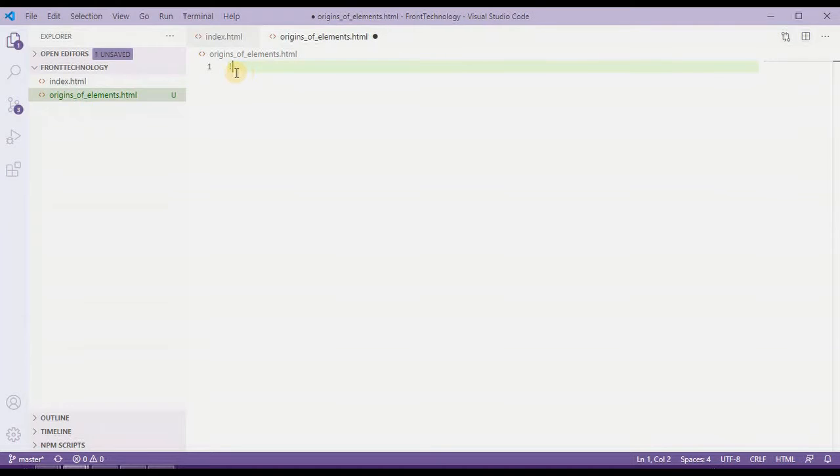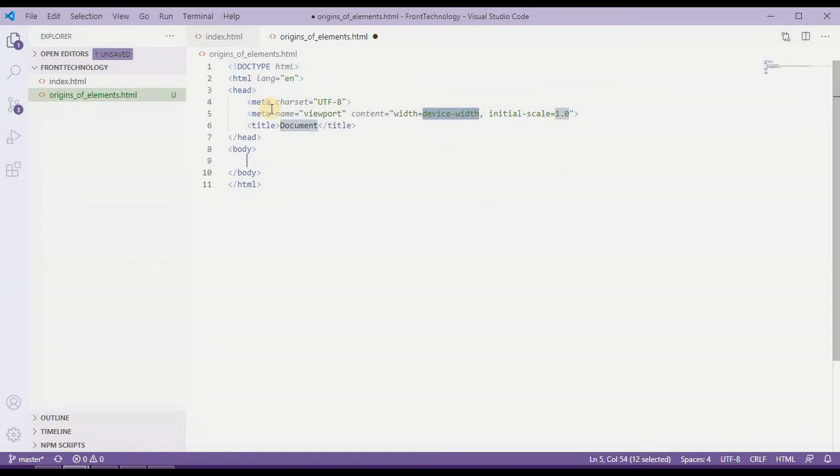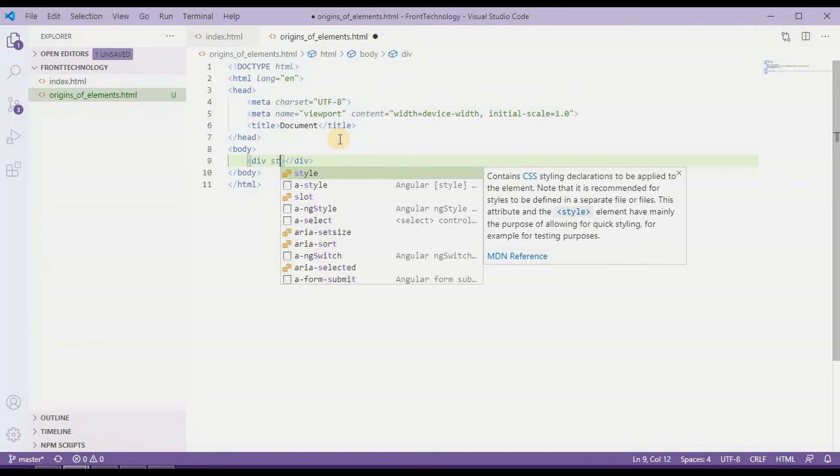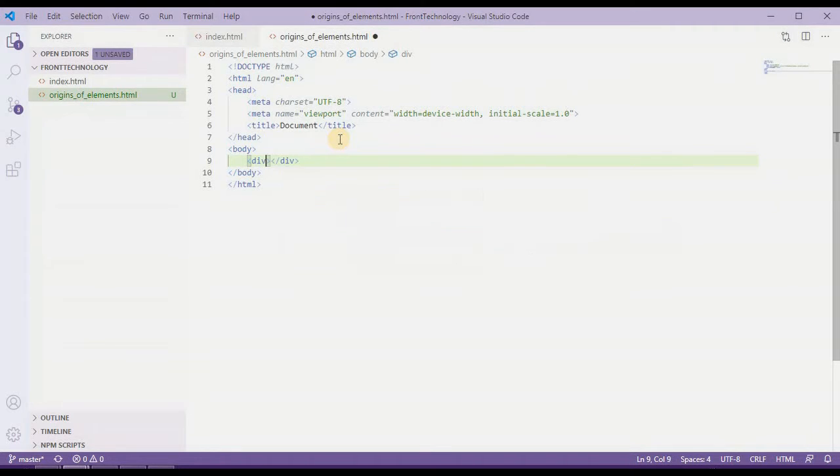Now I will use the shortcut to create this HTML template, and here I am going to provide one div element. This div element will have the absolute position so that we can change the pivot point or origin of that element. And I'm going to provide a class over here.